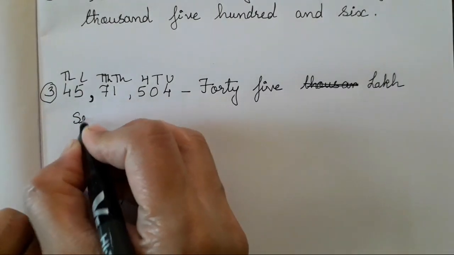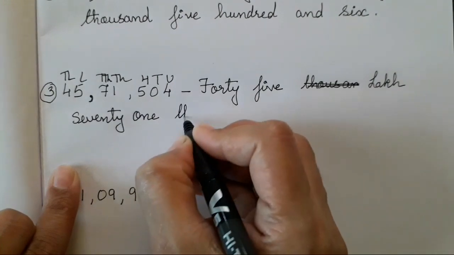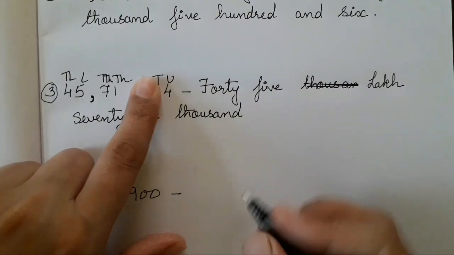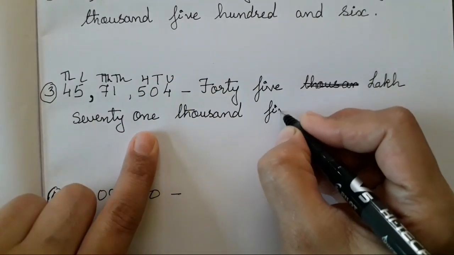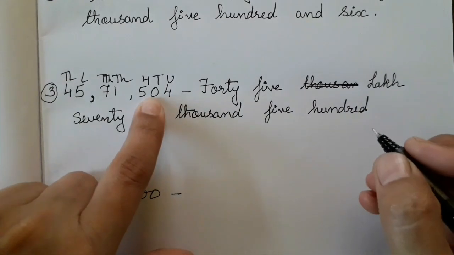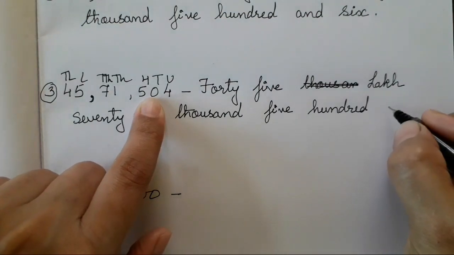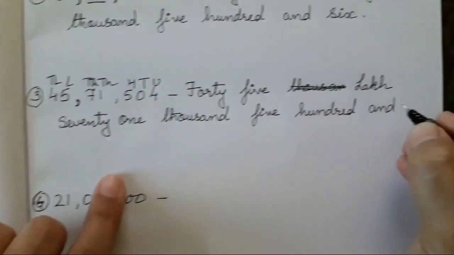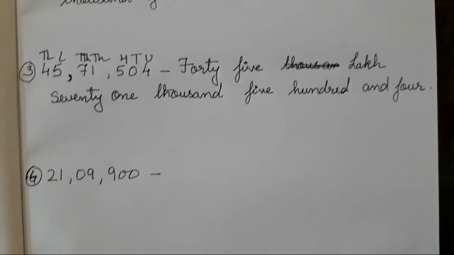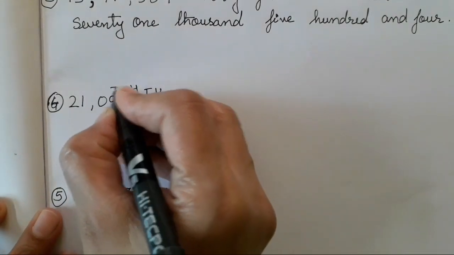Okay, so 71,500, 500. There is no unit at the tens place. It is 0, so you have to leave it. And 4. Got it? Now next number: unit, tens, hundred, thousand,